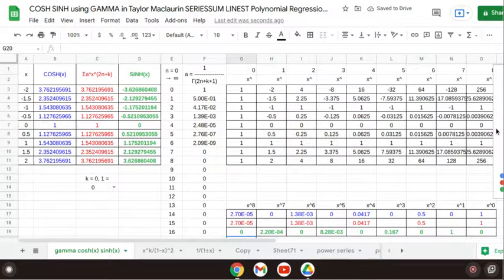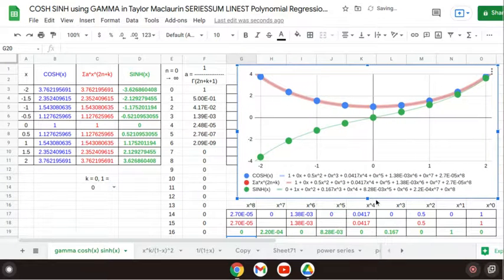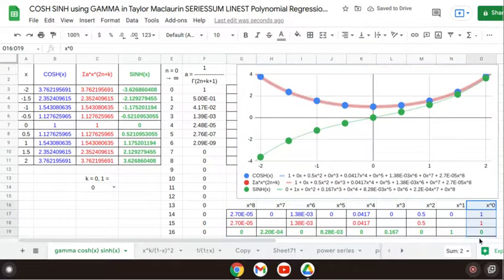Now we can toggle this, so let's compare. Coefficient of x to the 0: 1, 1, 0. Coefficient of x: 0, 0, 1. Coefficient of x squared: 0.5, 0.5, 0. Coefficient of x cubed: 0, 0, 0.167. Coefficient of x to the 4th: 0.0417, 0.0417, 0. Coefficient of x to the 5th: 0, 0,